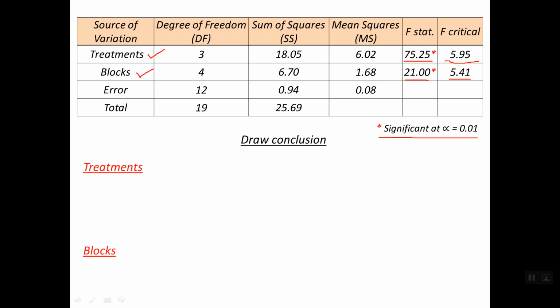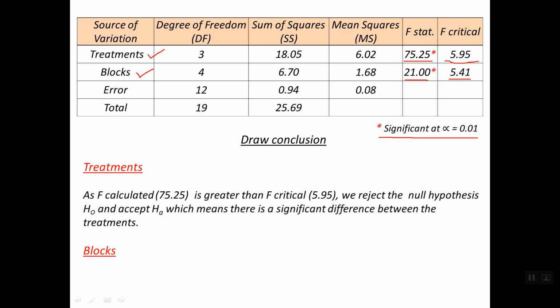So for treatments, the F calculated is greater than the F critical, so we reject the null hypothesis H0 and accept the alternative one,